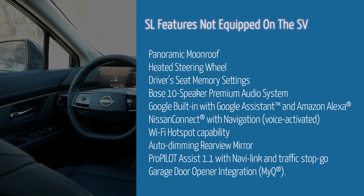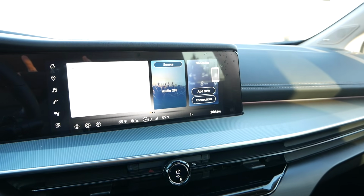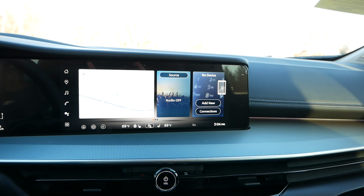From there, you are going to have a heated leather wrapped steering wheel, which is a huge addition here because we're about to get into some very cold weather up here in New England, so it's a must-have feature if you do live in colder climates. You have a driver's side memory seat, which again is great if you have more than one driver in the family. Now, the rest of these features do center around the infotainment system, which I do think is really great